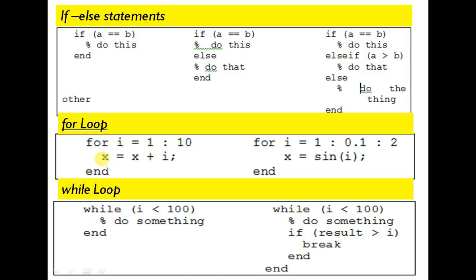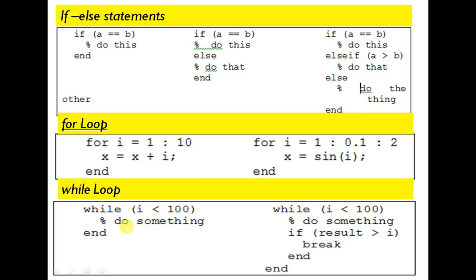Here some x is defined, and we initialize x with value 0, and we keep adding i to that x. If x is 0 initially, what is the value of i? 1. So 0 plus 1 is added and stored in x. Then variable i shifts to value 2 because the scope is given. Now again do this condition. After getting the value 10, the loop is finished, and we end our for loop with the end statement.